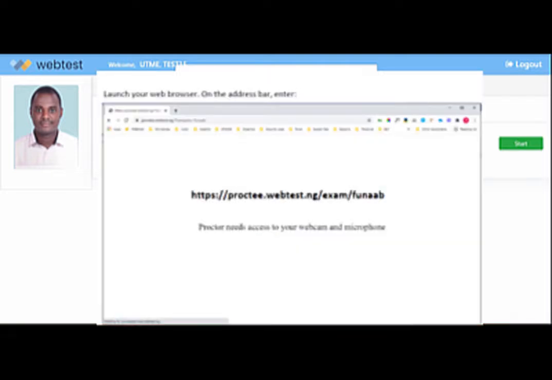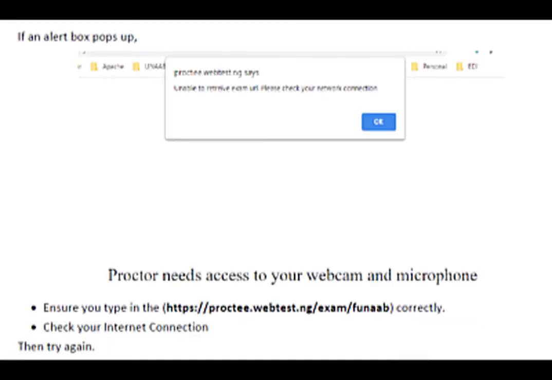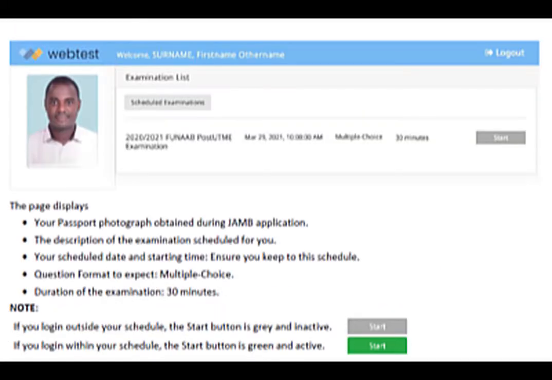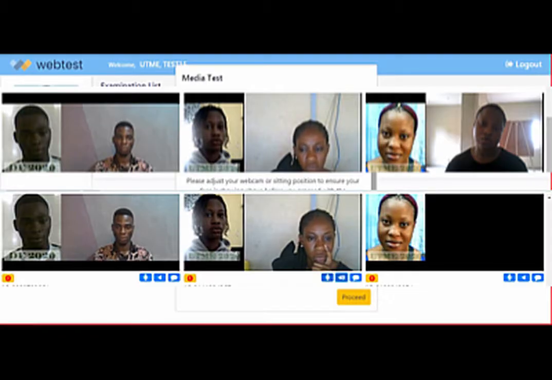When you log in, you'll be assigned to your proctor, but before that, you need to allow a notification on your system for the webcam and microphone. This allows the proctor to begin to check your activity. During this period, the aptitude test will be monitored and recorded. The proctor will be able to see and hear you. He or she can communicate with you via chat or voice. Respond promptly to any instruction from your proctor to avoid disqualification.